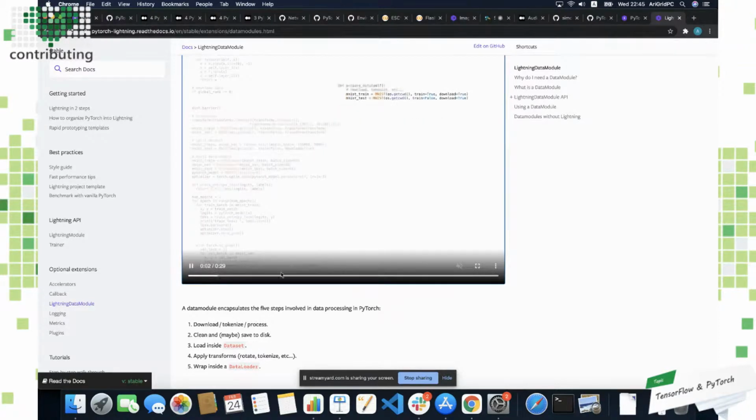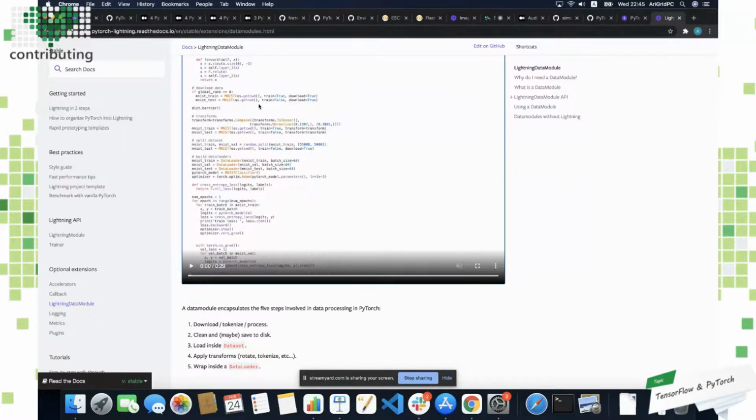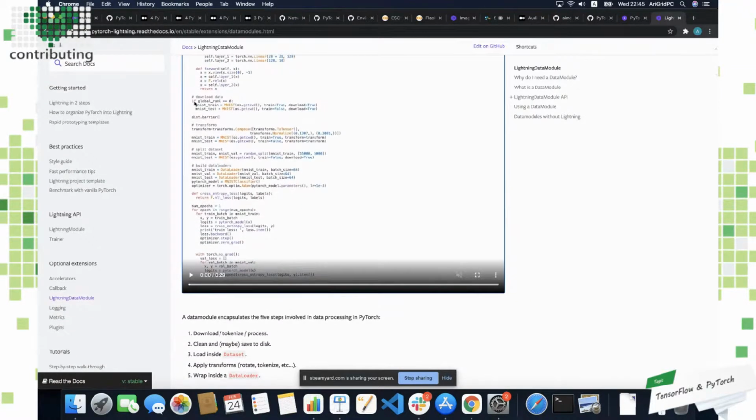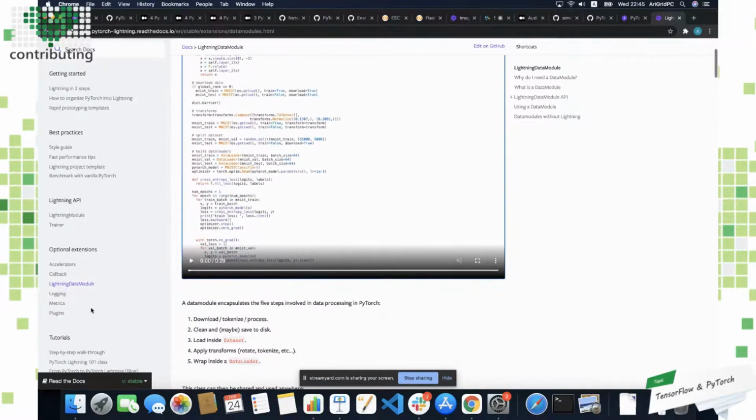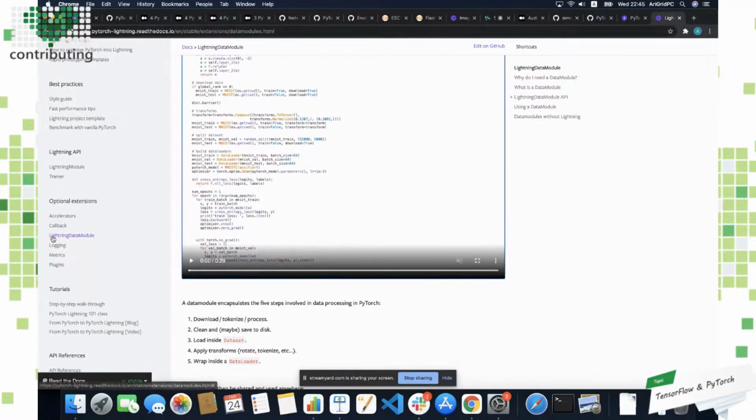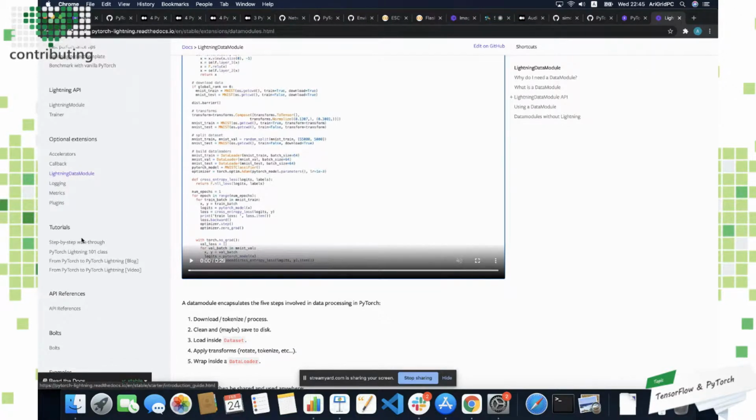So if I show the script in the beginning, pause here so we can see some of that. Notice you have this if global rank equals 0. Why do you have that? Well, in this case, this person is trying to do distributed training. So they don't want to download the data every single time. So they now need to manage all these forks and complexity. Once you've taken these components and transferred them over, you don't need to do that anymore. So that would be for the data module.